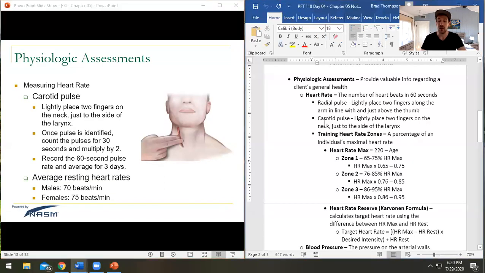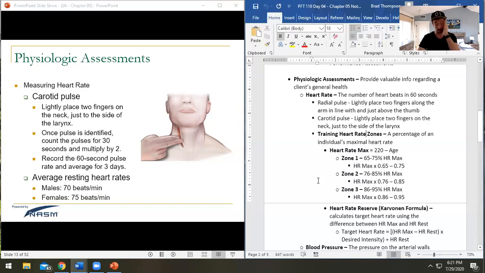The other place you can get a heart rate is also on the side of the neck at the carotid pulse. So what you're going to do is go 2 fingers just off to the side of the larynx here. Guys, it's pretty easy to spot your Adam's apple, and that kind of shows you what your larynx is, and you just move right off to the side of it. Ladies, same concept. You're just going to look for the central tube there and just move right off to the side. This is great. I have nothing against the carotid pulse